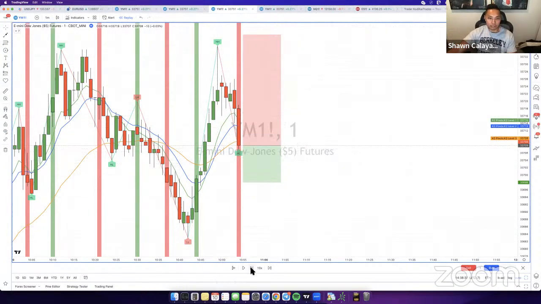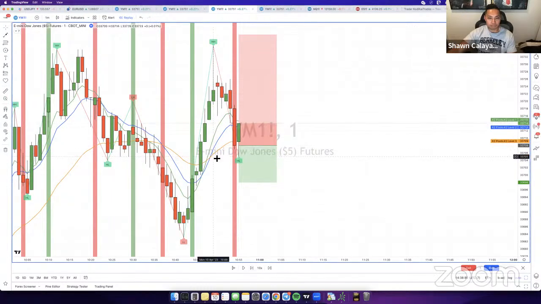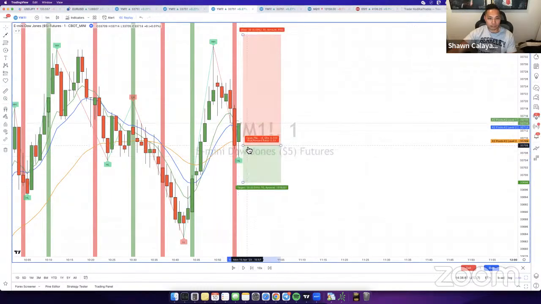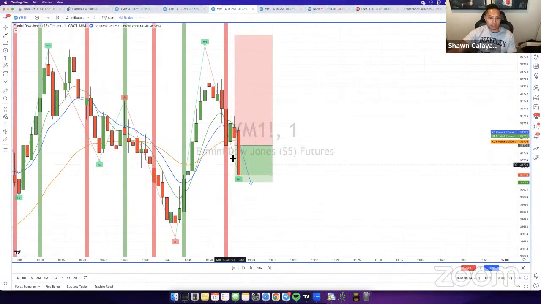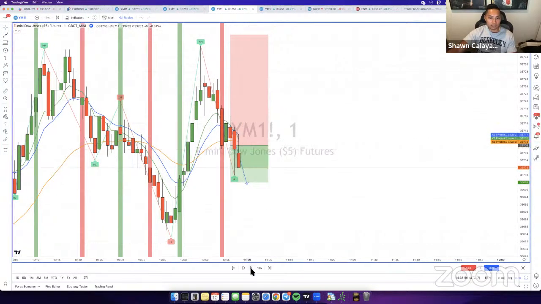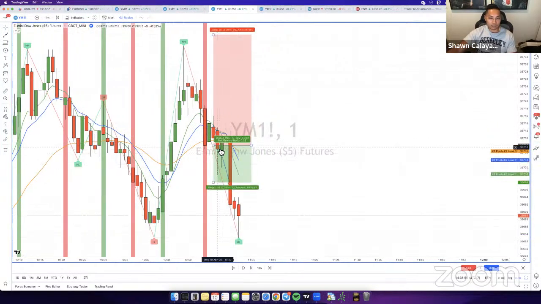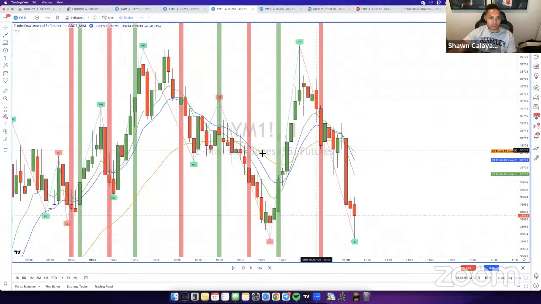So right here, you can see price kind of bounces up a little bit. Again, at this point, I put a sell stop right here. So when it comes back down, it'll fill my order. So right there, it hasn't come down yet. Now it's filled the order and it goes straight to TP right there. So it's really just case by case basis.